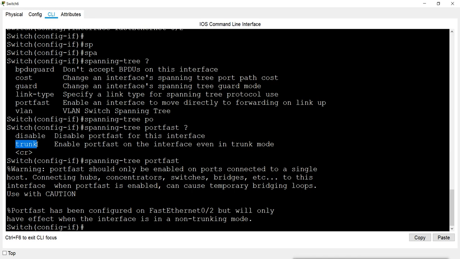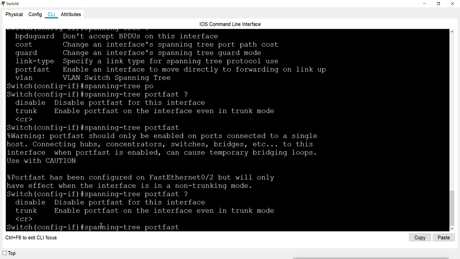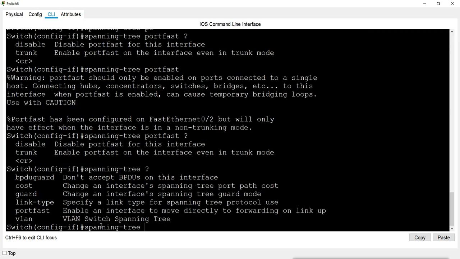Now because I have enabled PortFast, I should also guard against BPDUs. So I will also give this command, BPDU guard. What will that do? It doesn't accept BPDUs on this interface, so it will not do any BPDU processing and will not cause looping.